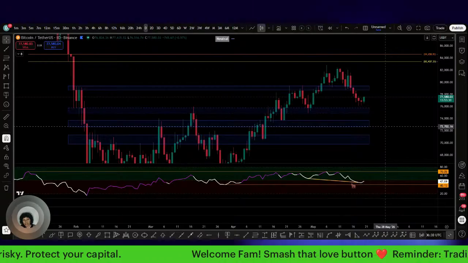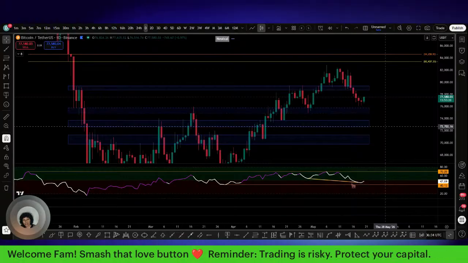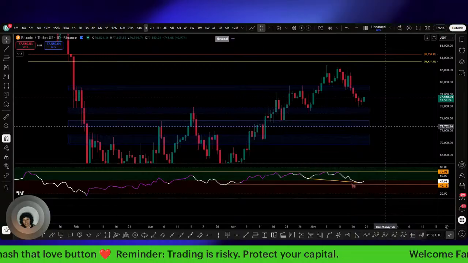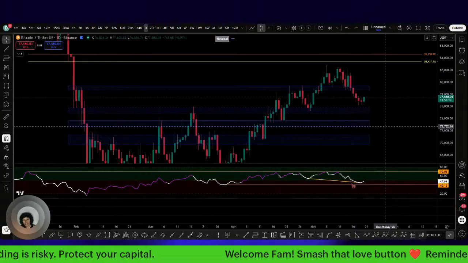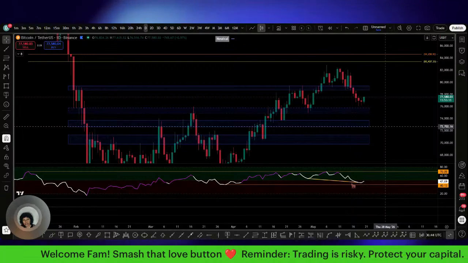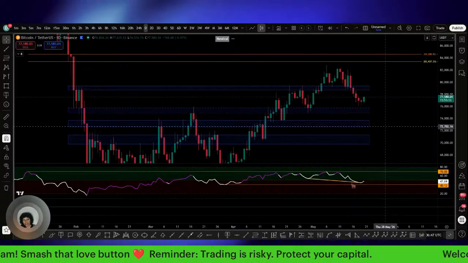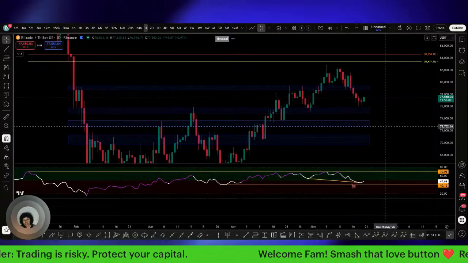1 hour had some bull divs on it. We had started to play out the 1 hour bullish divergence. The 4 hour had some bullish divergence, but that last drop that we had on the 4 hour, we didn't have any more local divergence between our last two pivots, but you could still see the price action was dropping faster than momentum.